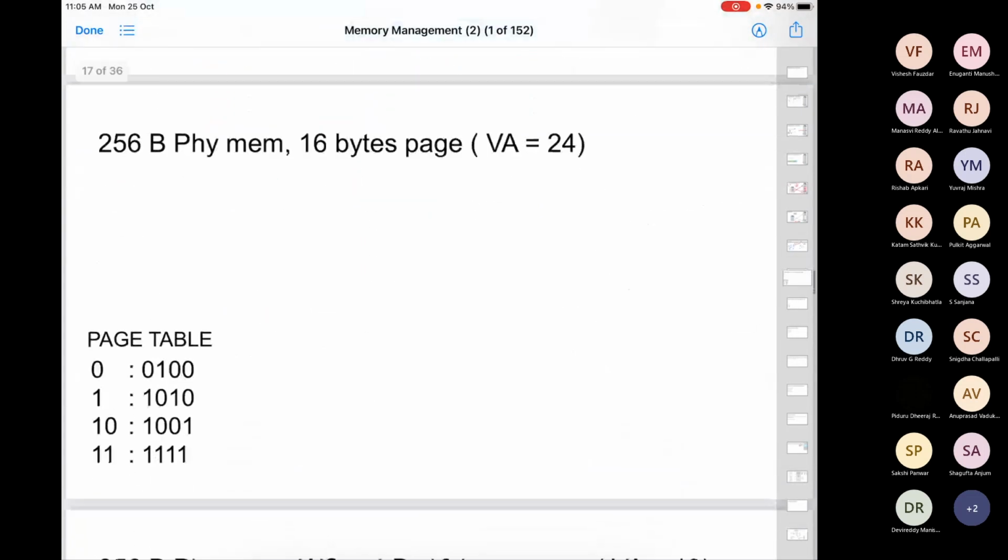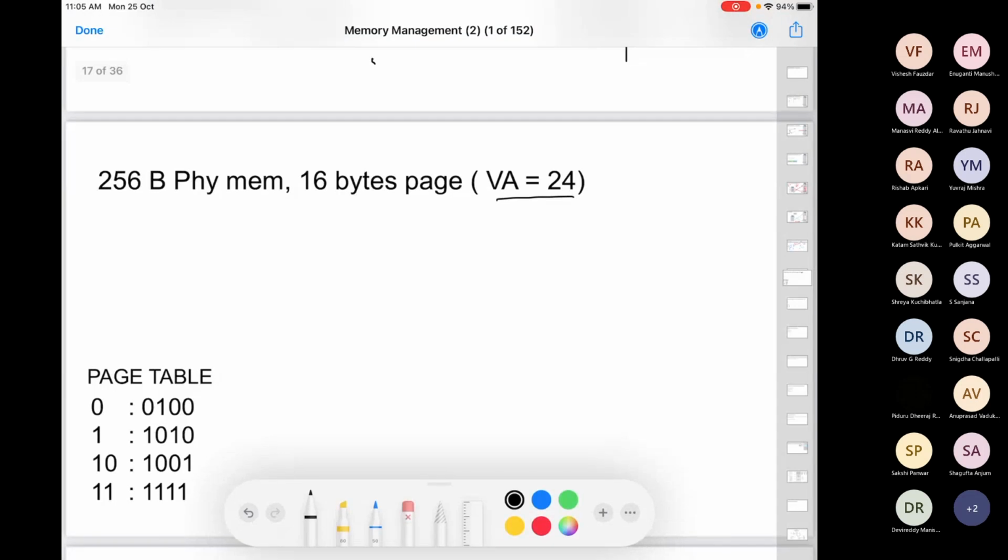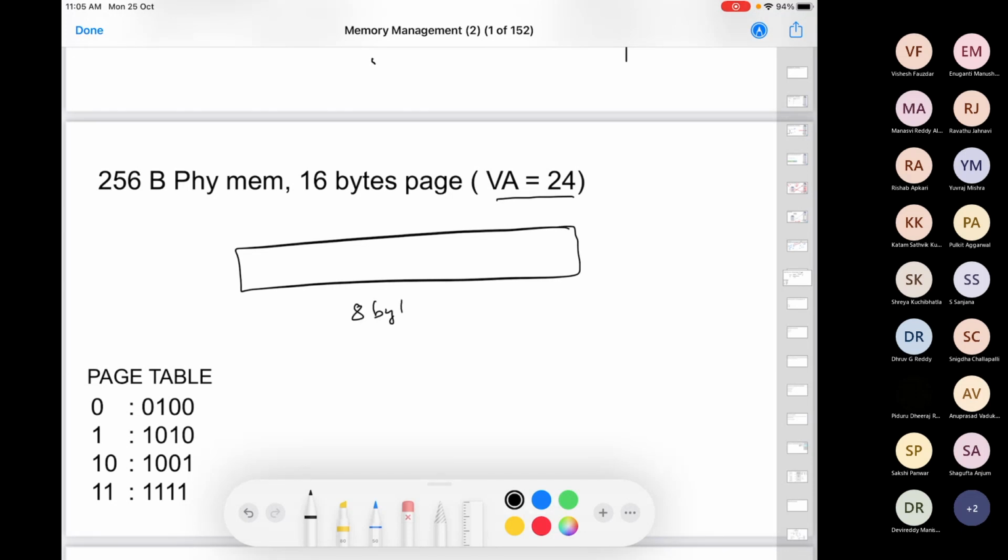For this particular question only, let's say you are given the virtual address of 24. So there is a process which wants to occupy some space in the physical memory. Its virtual address is 24. Can you tell me its physical address? So let me write the same things here. Remember that in your physical address, we had 8 bits, 4 bits for your offset, and 4 bits for your frame number. Now, given the virtual address of 24, how will you translate it into physical address?